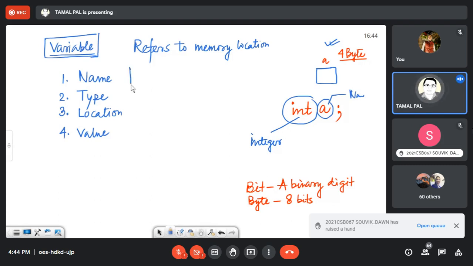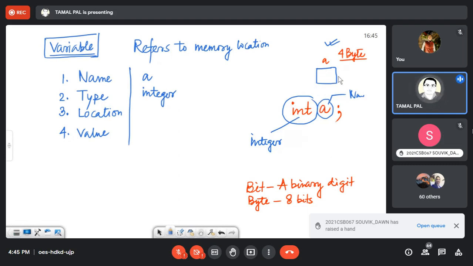So here, if I map the example, name is A, type is integer, and location is a memory location. Actually it is very dynamic because until I allocate, I cannot say where the variable will be until the program executes, because during execution memory is needed for working with this variable.